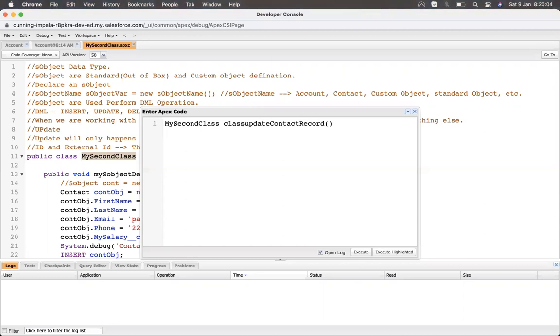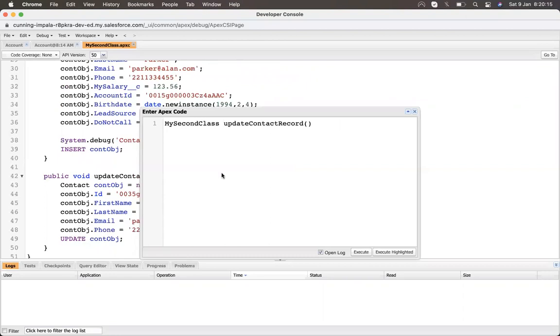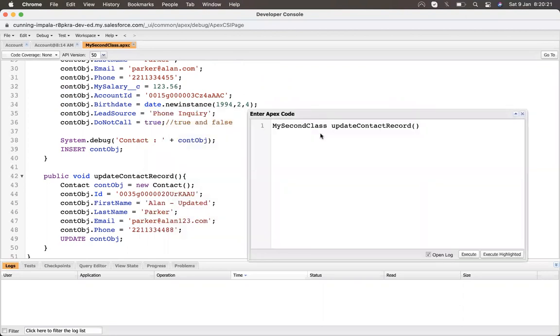Siraj, why don't we use account ID? Can't we do that, instead of the record ID of the record? Instead of using the ID, you want to use account ID? Yeah. Account ID is not a unique field. Two contacts can have the same account ID. That's why unique is an important thing. Okay, got it. Thank you.